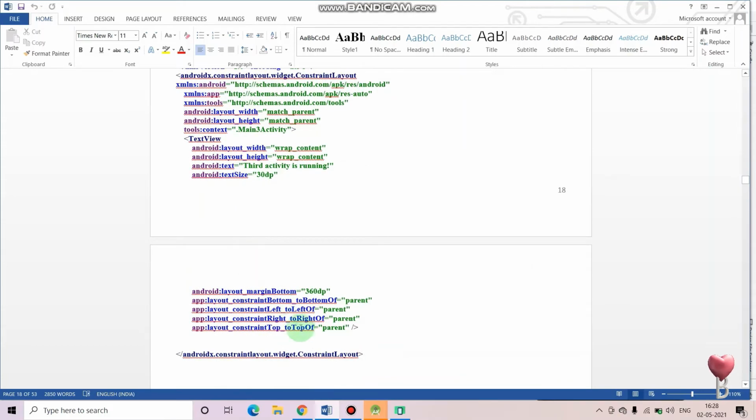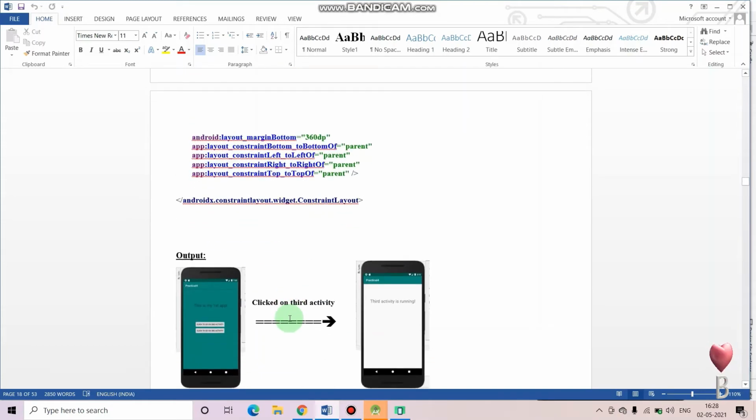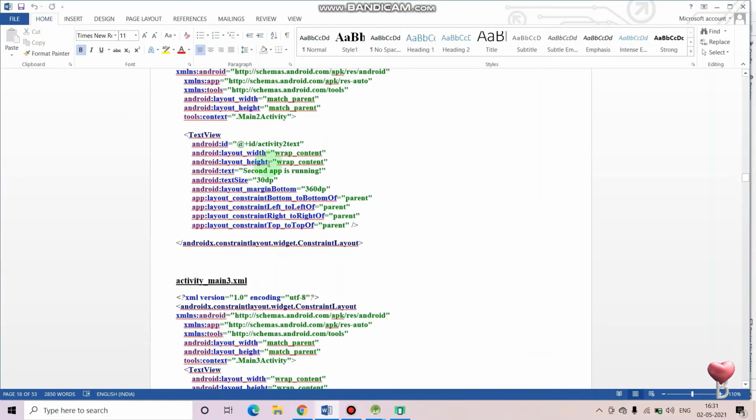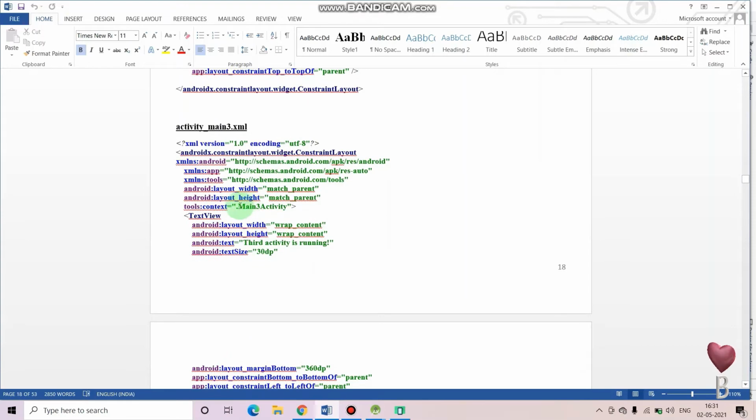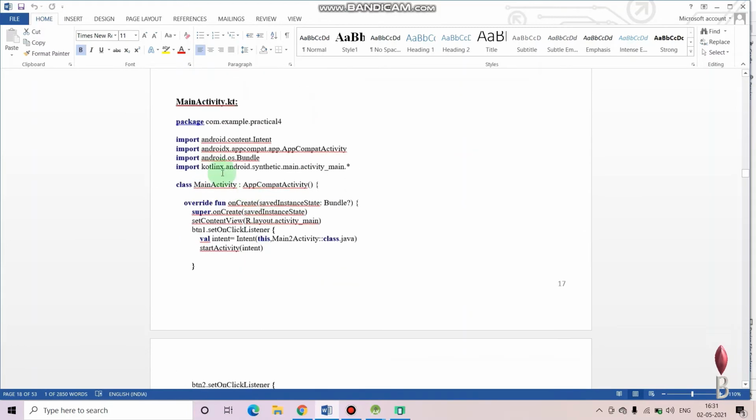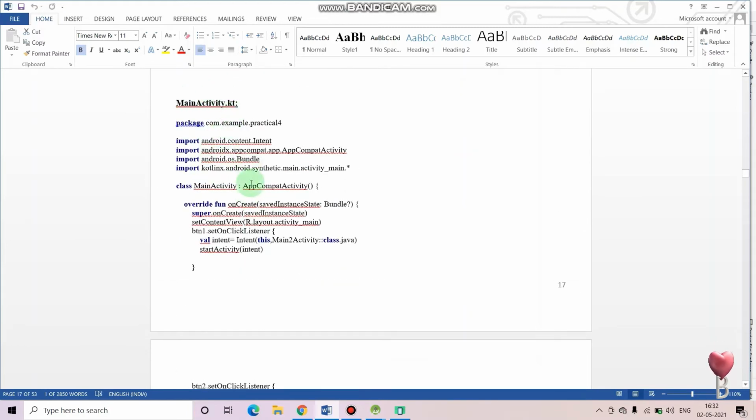Entire thing will be the same. So guys, you would be wondering why this name is written here, and why we have specified this name on the buttons in the MainActivity.kt file.